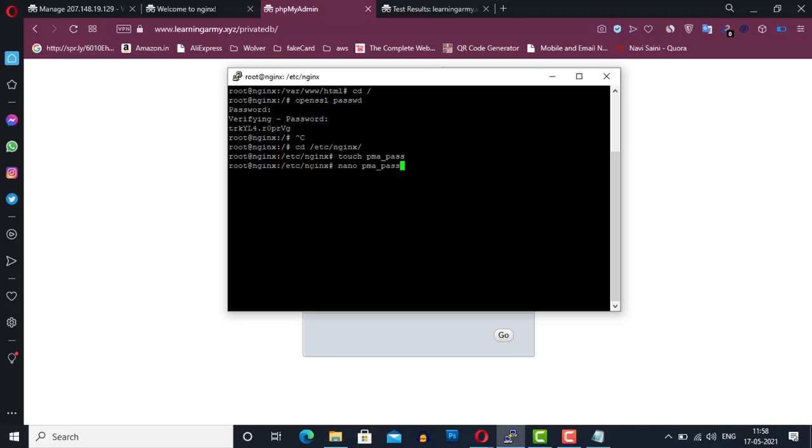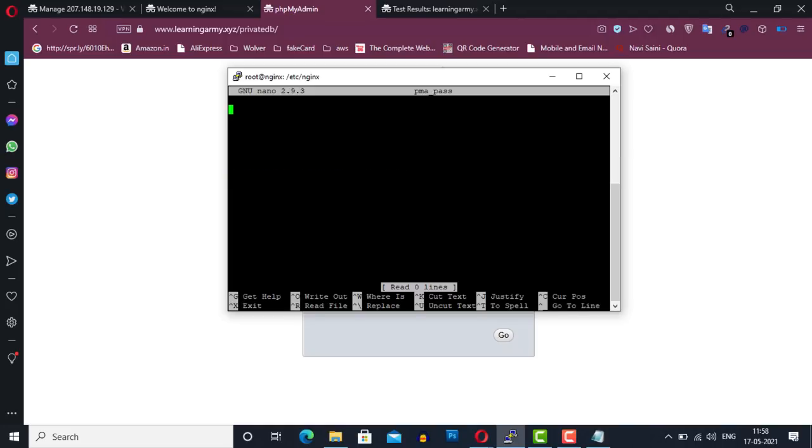So in this file we have to mention the username first. For demo purposes, I'm going to type wp_superuser. You can use your own username as your choice. After the user, we need to paste our encrypted password that we have generated in the previous steps using the colon symbol.